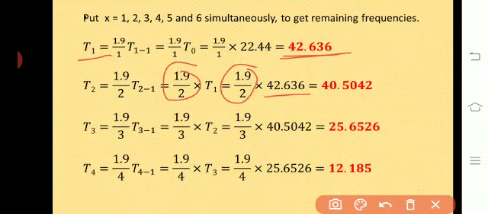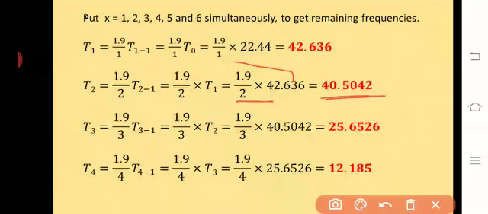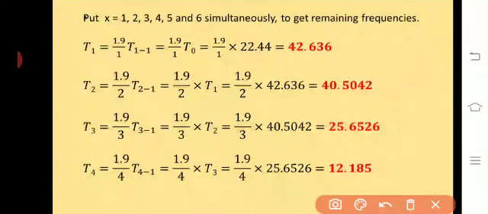Then simplify this, that is 1.9 into 42.636 divided by 2, and after simplification we will get 40.5042. Then put x equal to 3, you will get T3, which is equal to 1.9 divided by 3 into